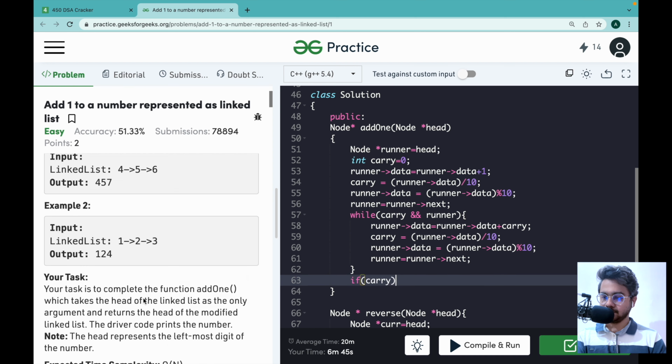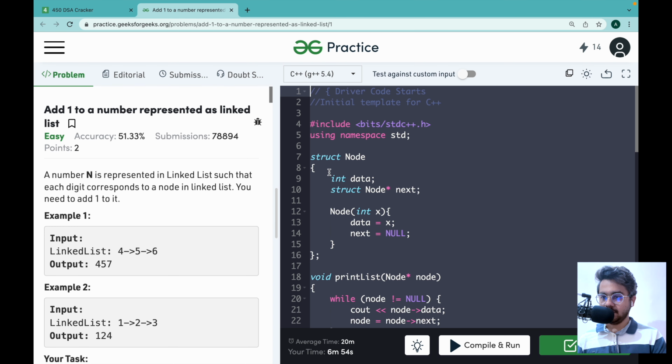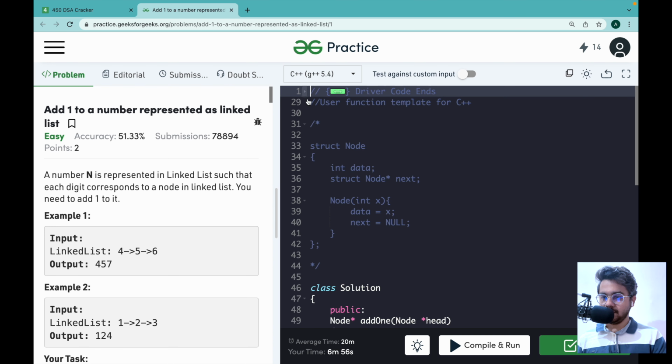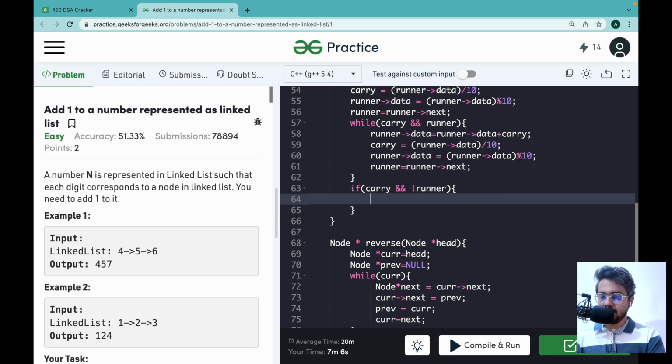So if there is carry, we will have to create another node. So we will check how it is implementing the node. Okay, so simply by giving the data. So if there is carry even after we have iterated till the next value, and not of runner, that means we have carry but no runner.